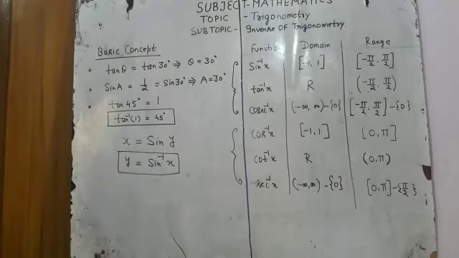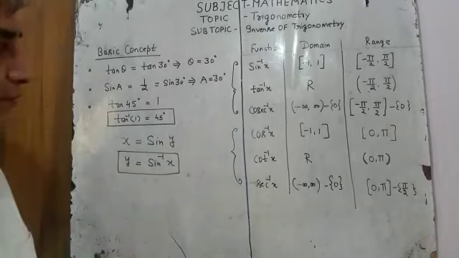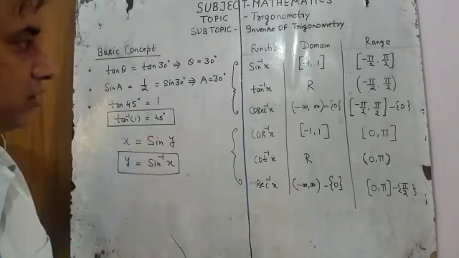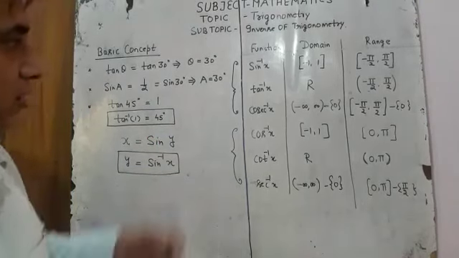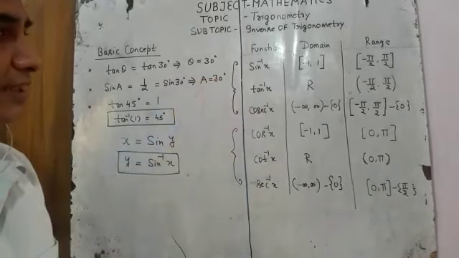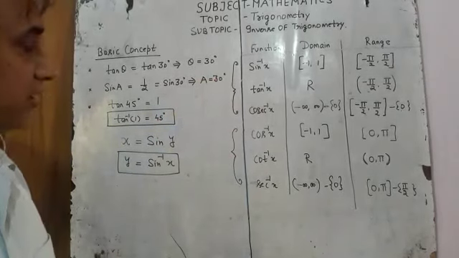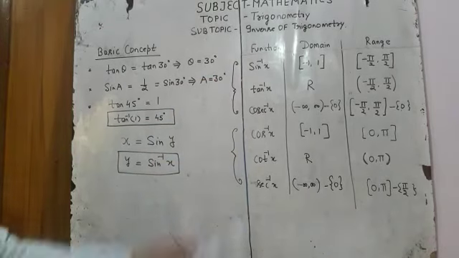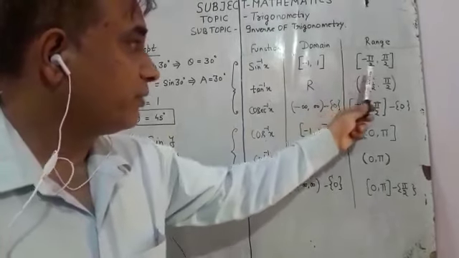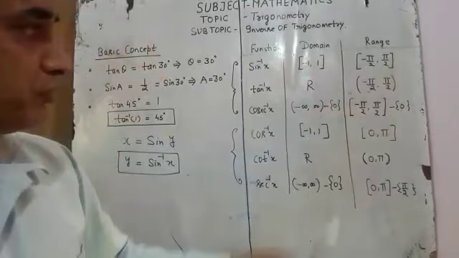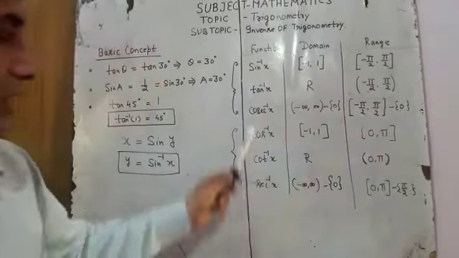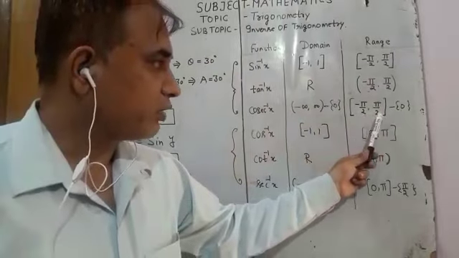Now let's see some functions, their domain and their ranges. Here are 6 trigonometrical functions. We have categorized them in two manners. Firstly, the first category is sin inverse x, tan inverse x and cos inverse x. Why have we written them in the same group? Because all of you can see the range of these functions will be minus pi by 2, pi by 2. Let's see, tan inverse x, the range will be minus pi by 2, pi by 2, and cos inverse x is also minus pi by 2, pi by 2.